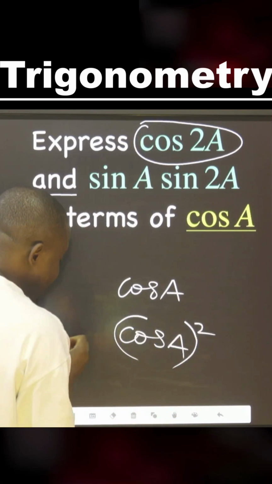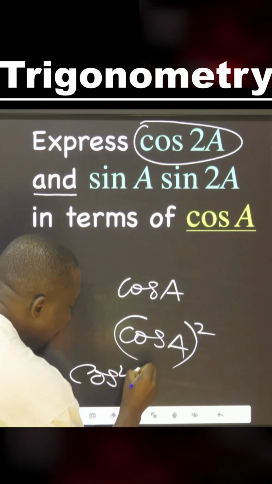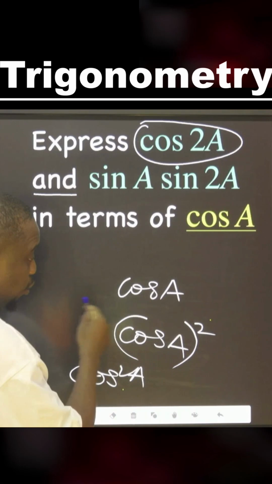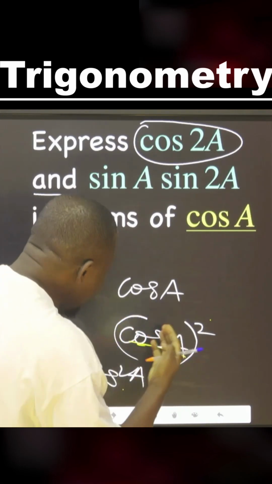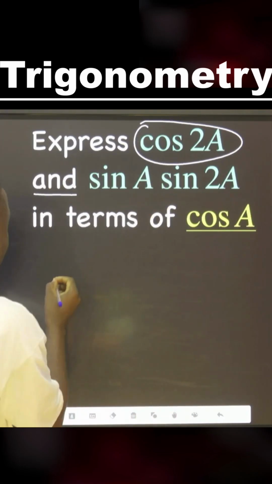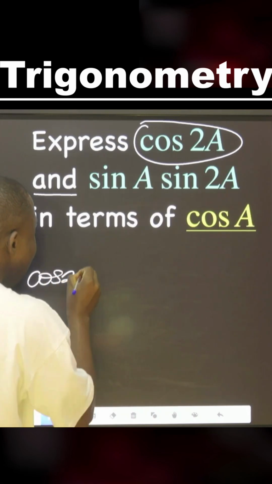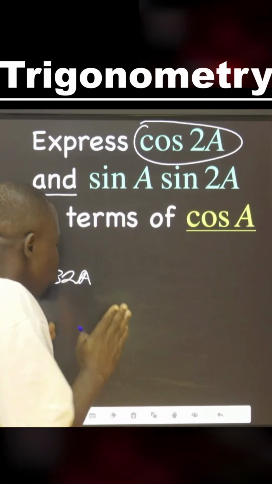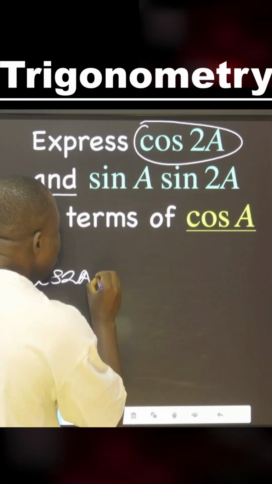Remember, this and this are the same. Cos squared A, they are the same. So what we are looking for is to have cos A. That is, we should take cos 2A and express it in this form. What is cos 2A? Cos 2A also means